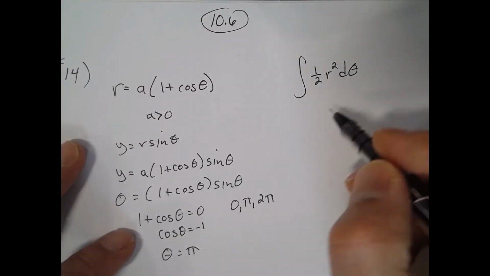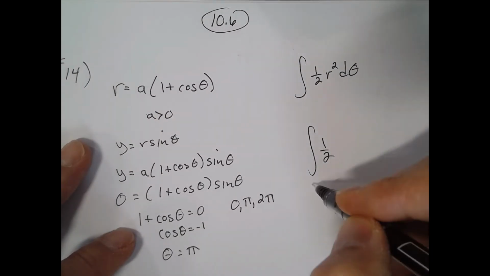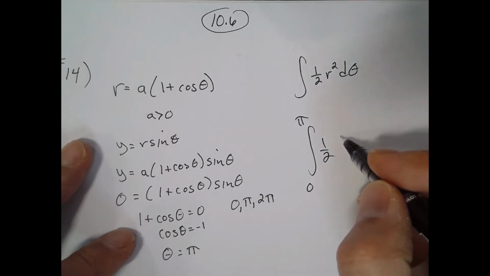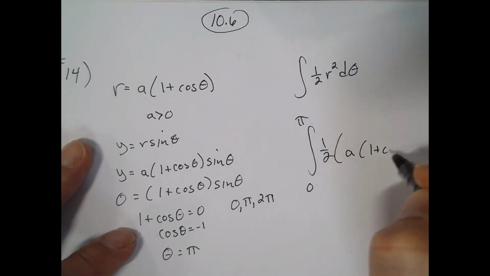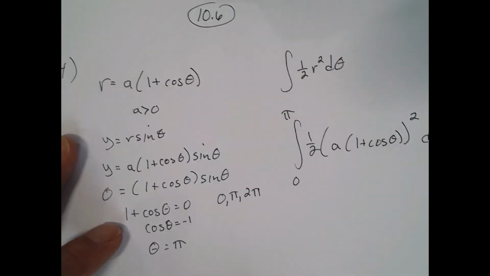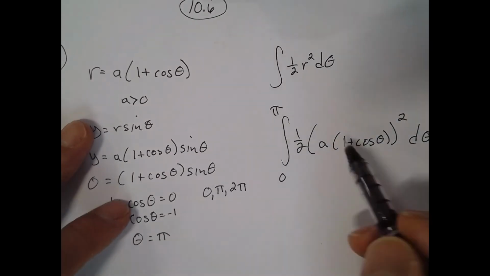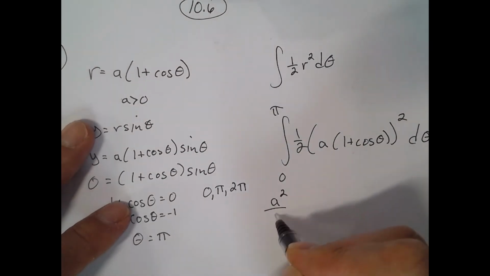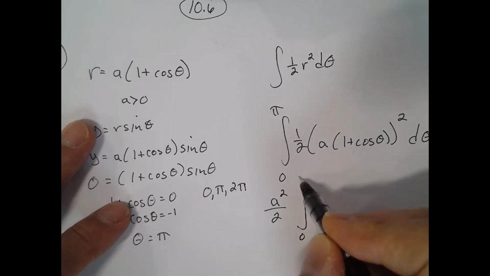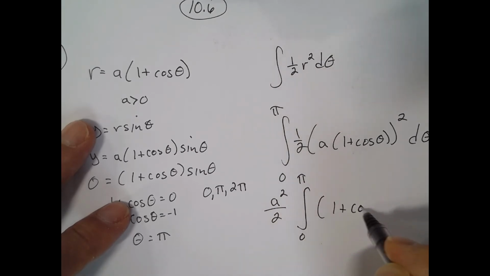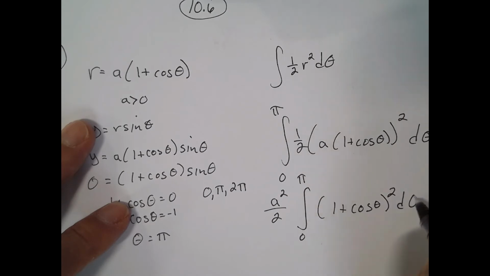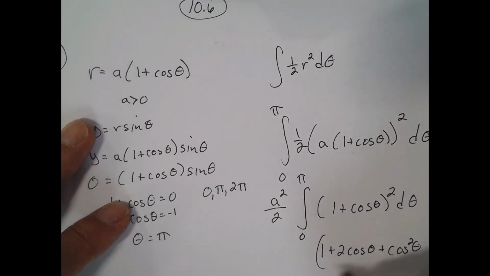Alright, so now the integral, it's 1/2 from 0 to pi, r squared, which is a times 1 plus cosine theta, squared d theta. We have an a squared over 2 I'm going to pull out. So I'm left with 1 plus cosine theta squared d theta. If I expand that, I have 1 plus 2 cosine theta plus cosine squared theta, which means we're going to have to do a power reduction formula